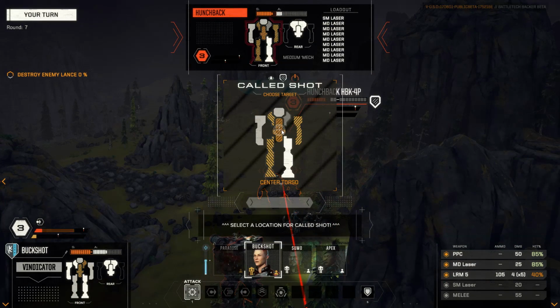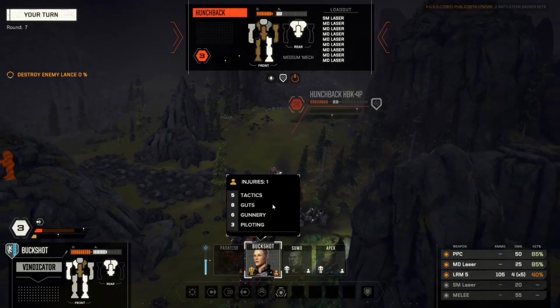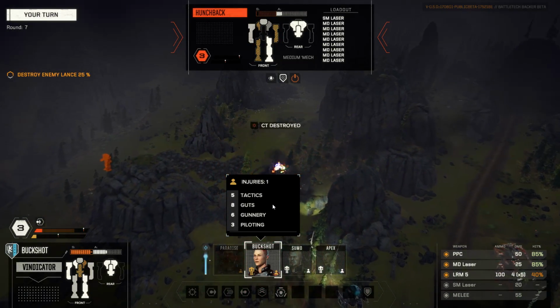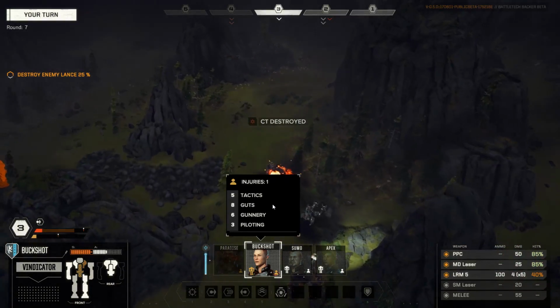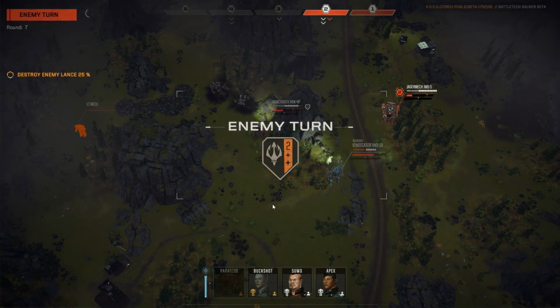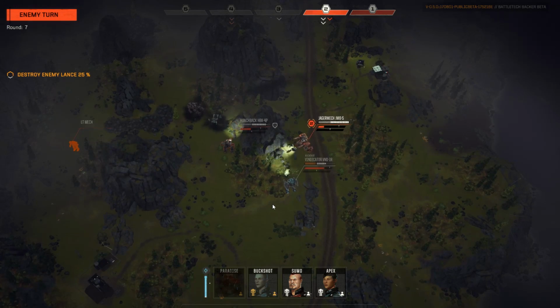It'd be horrible, but can we kill this Hunchback? Your tacticals is 5. Fire everything. Yeah, okay. Central torso destroyed. Okay, we traded a Locust for a Hunchback, although now the Vindicator's in a precarious position, because the Jägermech is just going to go around and say hello to the rear armor. No, he can't hit rear armor, so...